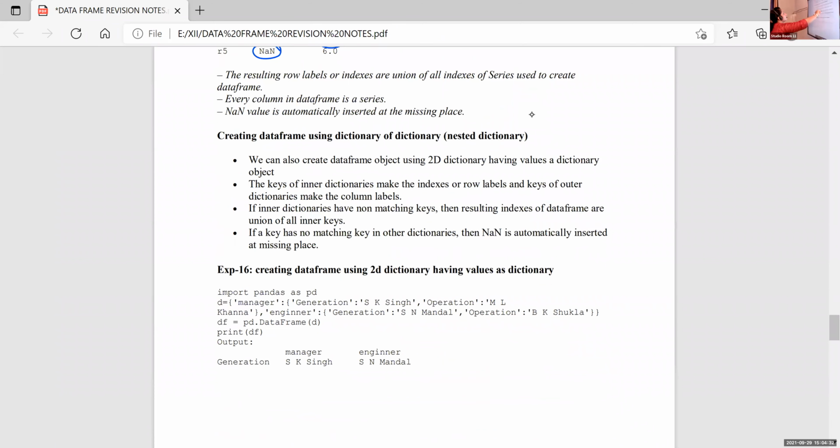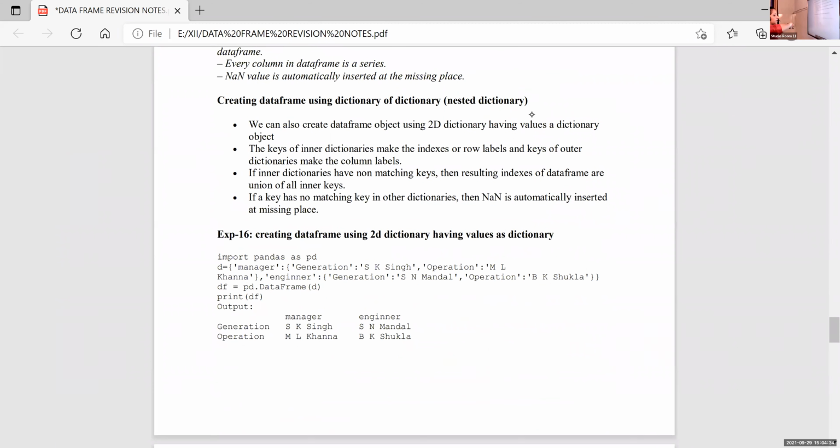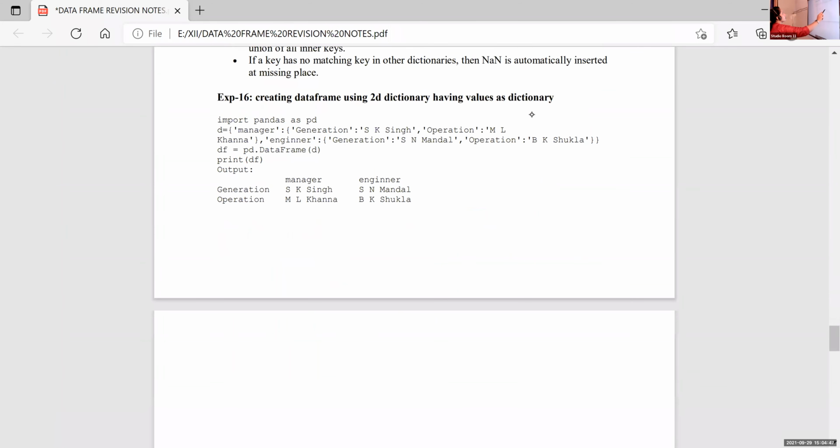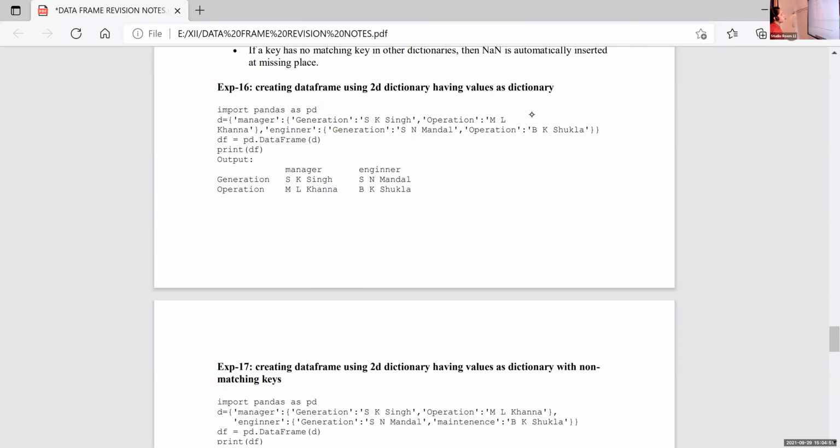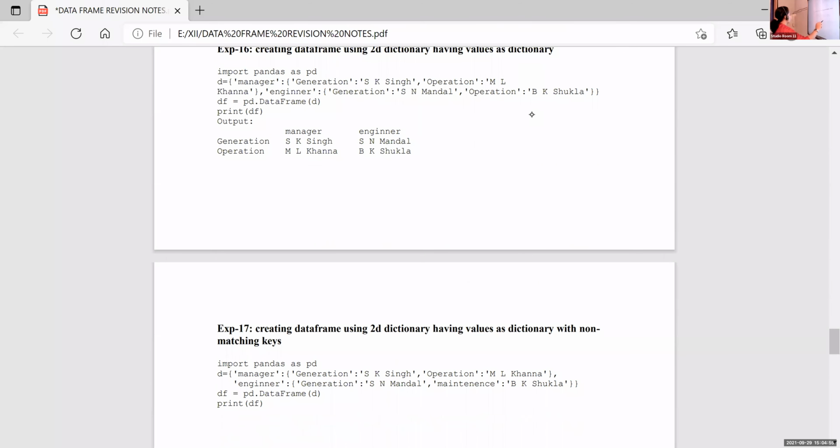Then here it is dictionary of dictionary, that is nested dictionary. One second, I have to check.